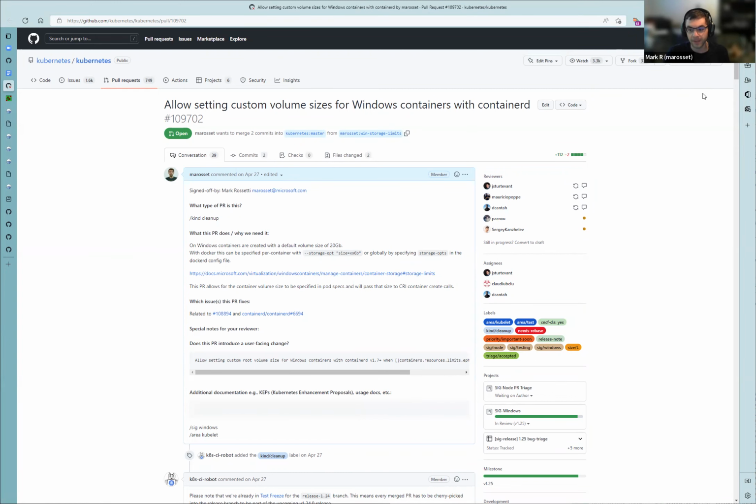It's set at 20 gigs, that scratch space. And with Docker, there was a way to set that for containers as they start. There was a flag that you could set on the Docker daemon that would change that for all containers. And there was also a command line argument that you could pass to the Docker CLI that would set that for just one container. And that's this storage-opt size.